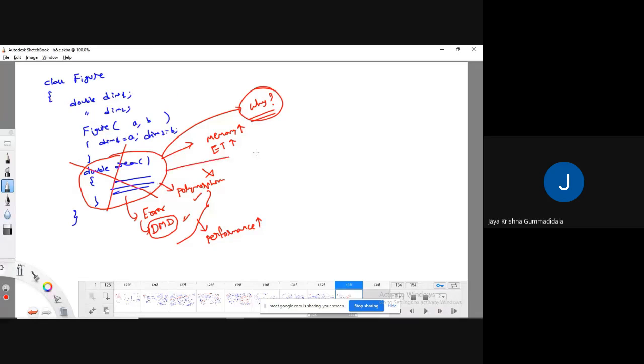If it is common for all the figures, for all the shapes, the question is why we need to define it here. As there is no use also, why do we need to define the complete body? There is no need of defining the body. So instead, I can simply go for defining the prototype.